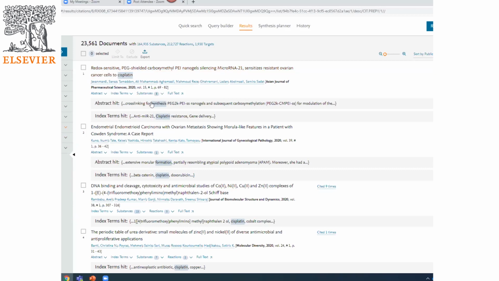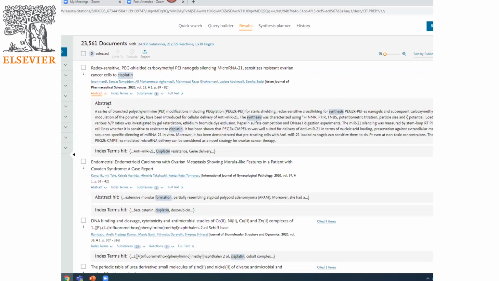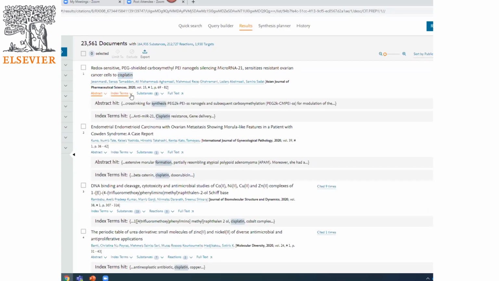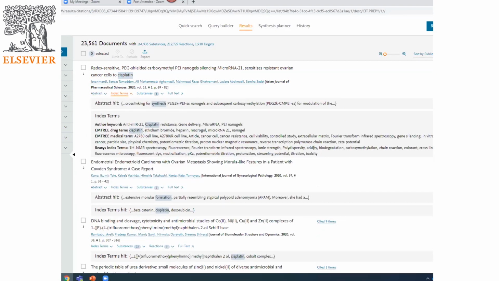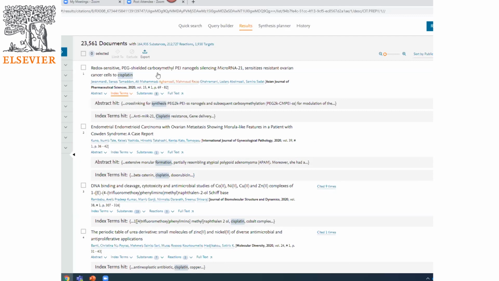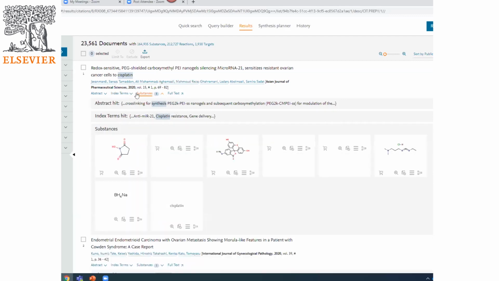Also, what you can see there, for example, is the title of the article. You can see authors, which are also clickable. You can see this link to the abstract. You can click it and see the abstract. And even more, the search terms are highlighted, in dark gray. Also, there are index terms. Again, we will discuss them later, but you can browse them as well. It's very useful information. From the documents, you can see the substances which were indexed.